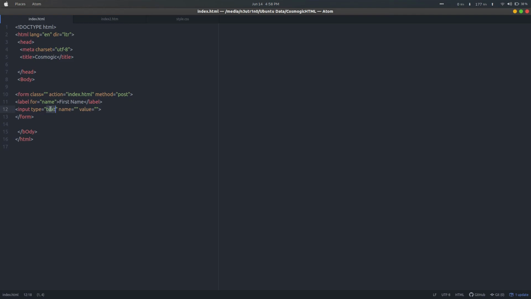We can also use input type image and input type color, so that we can select a color in our web page. For the input we will give the name here, which acts as a variable, and a value here also, so that it can get the information. What is the label of this? Label for name.